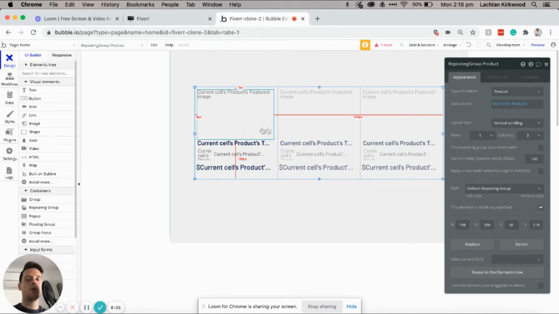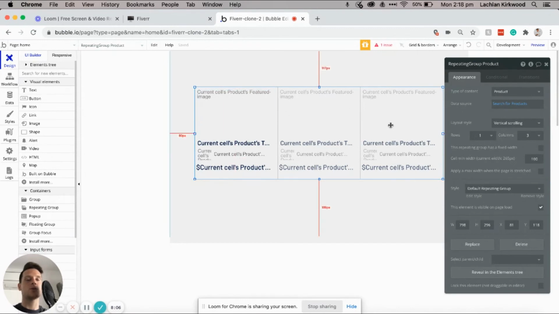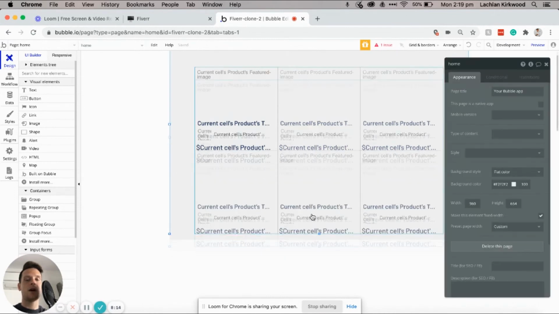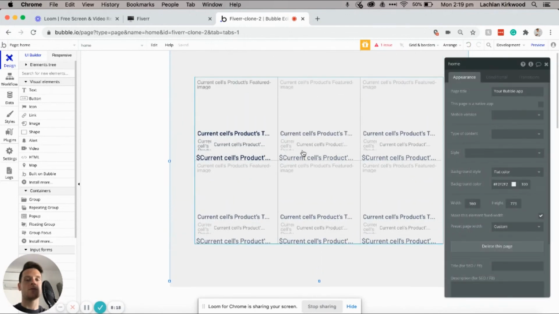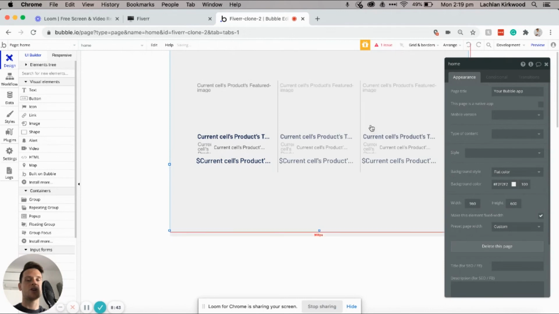Now, if you've got more than 3 products listed on your platform, you can scroll horizontally across within this repeating group. Or what we can do is also add in another row. And what this will do is, once I expand it, you'll be able to see that it adds in an option to create 2 different rows of repeating groups. So that's a list of 3 products. This is a list of 3 products, just so you can expand out how many products you can display on one page. For the sake of this tutorial though, I'm just going to revert these changes